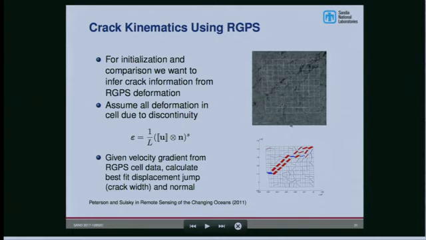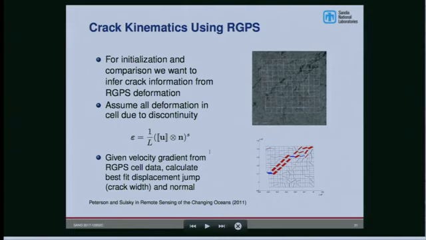So here's a simple, small region. I hope you can see the white grid. It's a little bit faint along here. Given the previous time and this time, you can extract deformation measures from this. You can get a strain. And given your strain, we're going to assume that all the deformation is due to a discontinuity. So our strain is going to be of this form. And then you can use an SVD to pull out the components of the jump and the components of the normal for this.